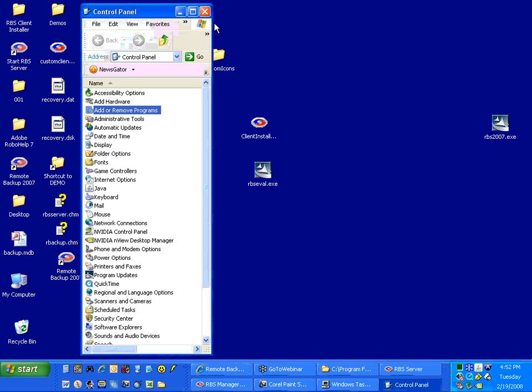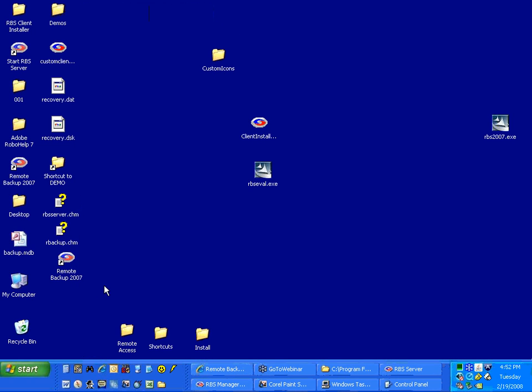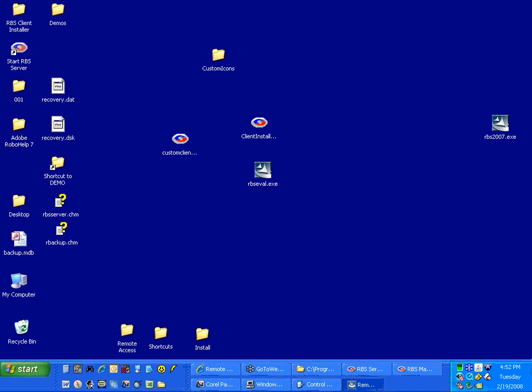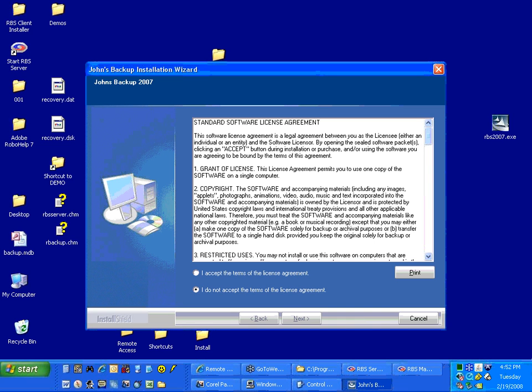Okay, it's uninstalled now. I think there are more than one icon. Okay, this is my custom client installer, so I'm just going to launch this. Like you can see, this is the first initial screen, and on the top you'll see that we've customized